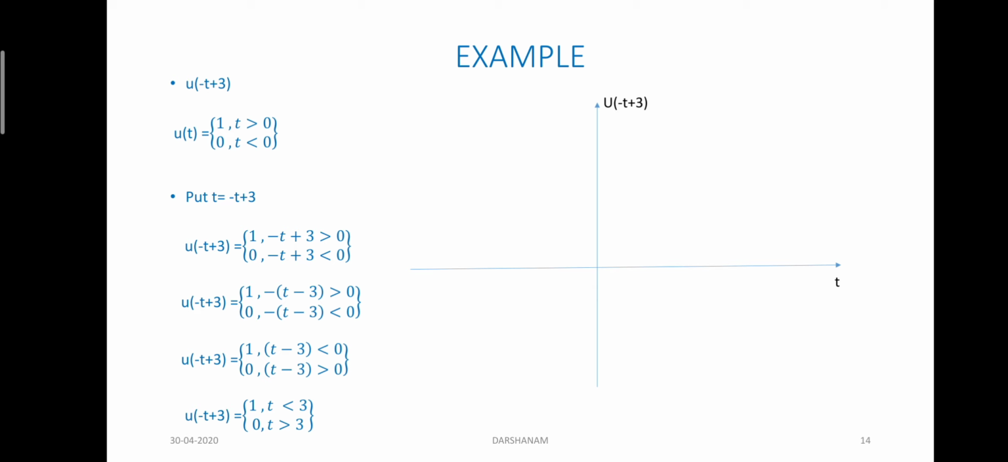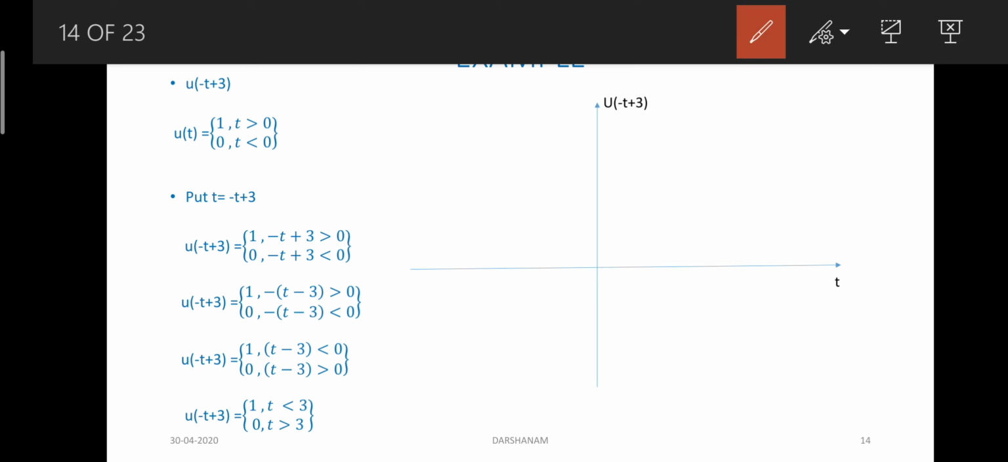U of minus t plus 3 is a time scaled and shifted version of u of t. That is, minus t implies it is time scaled and plus 3 implies it is shifted. So let's start with the unit step